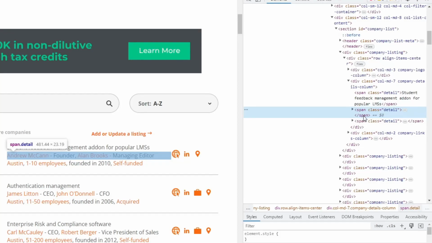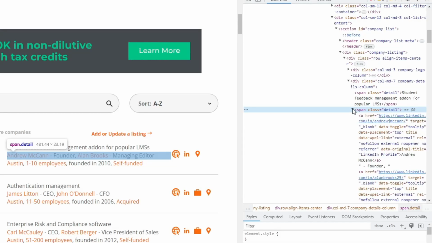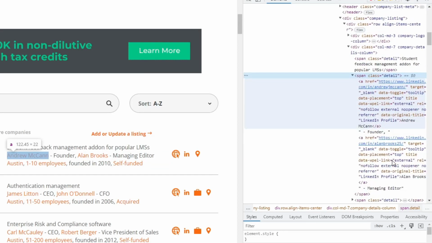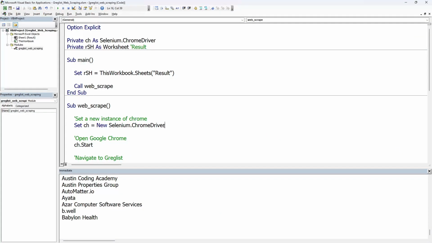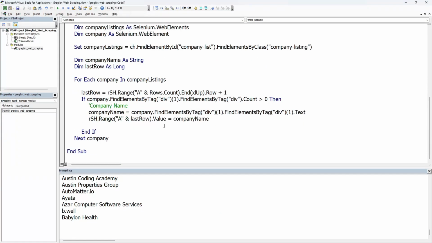And our target is within the second span, so we can use the span of index 2. And if we check this element, we can see that the LinkedIn links are in the A or anchor tag. And since there are multiple links, we can again use a collection of elements to capture all of them. So here in VBA, let's start by creating a new variable named elements,